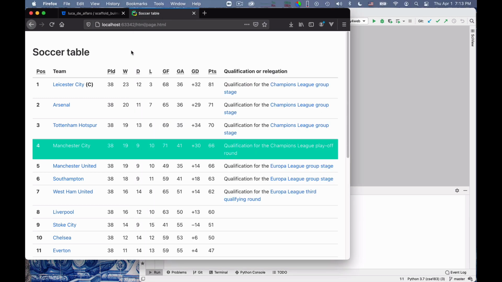We have seen how to create static web pages. This is a page I created by putting a title and then a table that I copied from the Bulma documentation. It's a page.html and I'm reading it from my local file system. The question now is, how do I make this web page served by Py4Web?